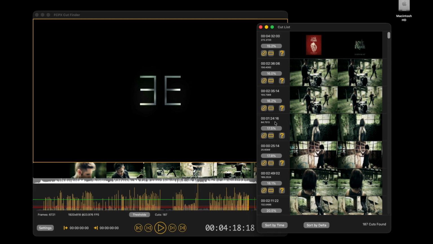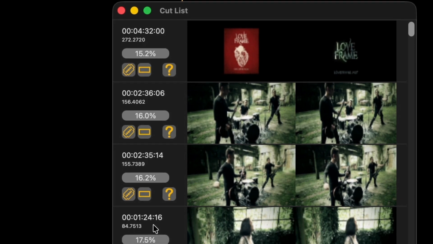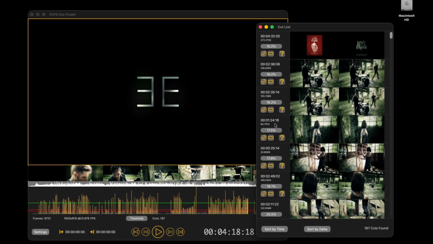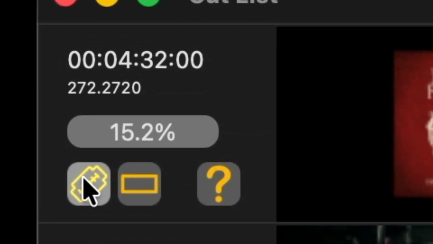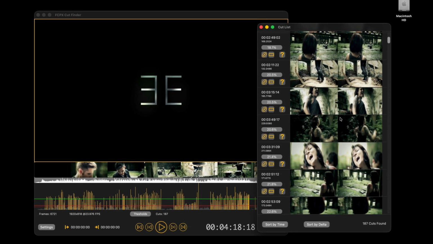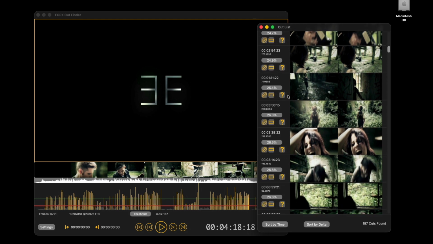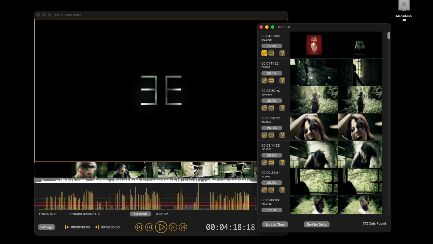As you can see, immediately after the first cut that you considered an actual scene change, there are many others that are false positives. Click on the blade button to force this cut. Scroll down to the next frame which represents an actual change. Repeat the process, click on the percentage button. All suggested cuts that were not actual scene changes will be ignored, except for the first one, which was forced.